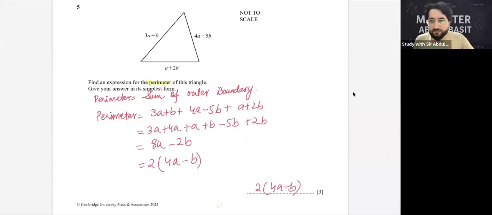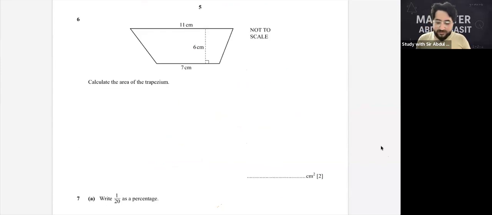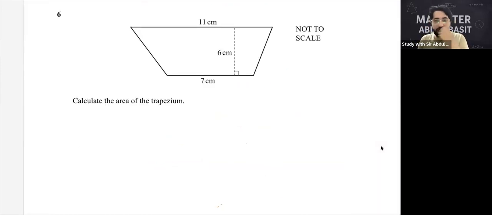Alright. Let's proceed with question number 6. Question number 6 is a trapezium, and they said find out the area of the trapezium. First of all, remember one thing: trapezium is very important in the paper, and the formula for the area of trapezium is not available in the paper. So you have to memorize this formula. This question is going to come in your paper, either in paper 2 or paper 4 in IGCSE, or P1 or P2 in O levels. Remember, area of the trapezium is equal to